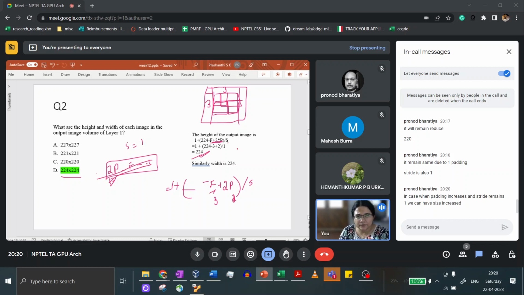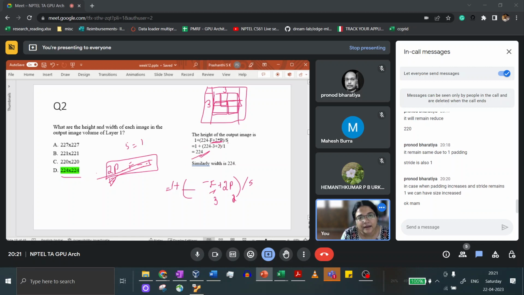All of these can be different ways of asking the same question. One of the references mentioned this week, CS231N, the course from Stanford, is also a very standard source for all of these calculations. You might find this formula also there. Feel free to look it up. This is a general formula that you can use across all convolutions. You just need to substitute the input dimension, the filter, the padding and the stride. That will give you the answer.